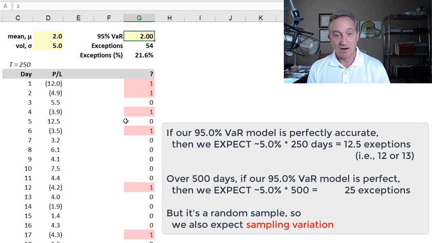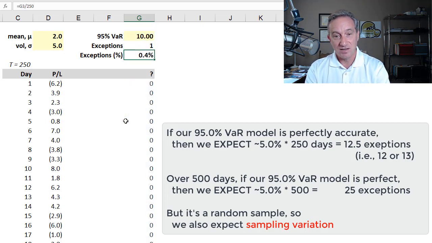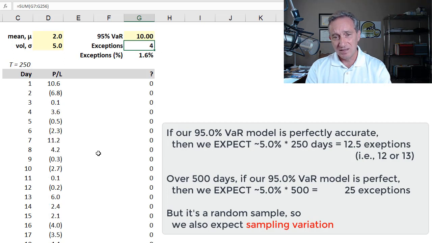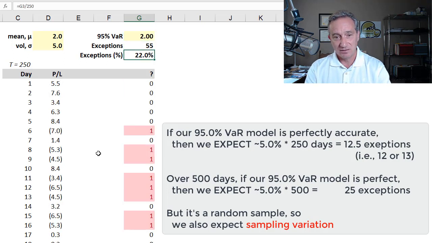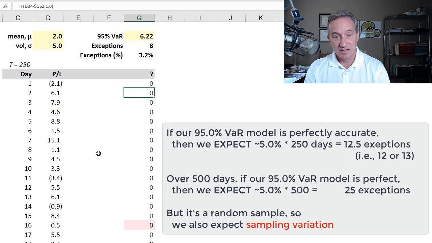is far too low. On the other hand, if we set it up to 10, you can see we can go a long time before finding exceptions, and we're not observing anywhere near the 5% of exceptions that we expect. And so that is the essence of the VaR backtest, and perhaps you've anticipated the distribution that characterizes this backtest,